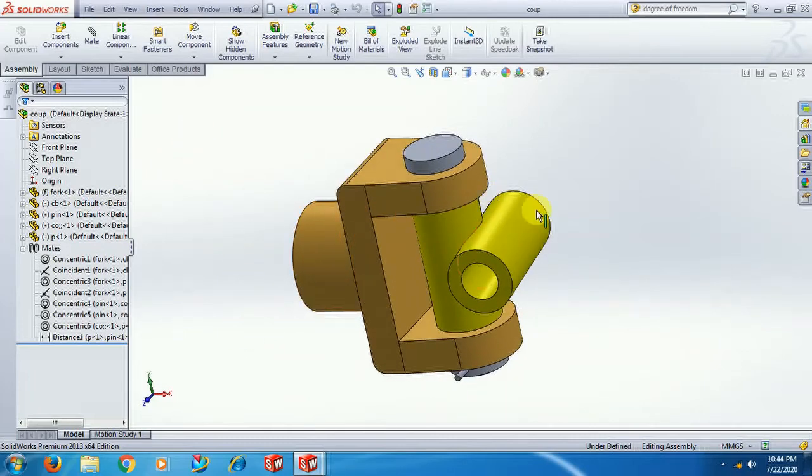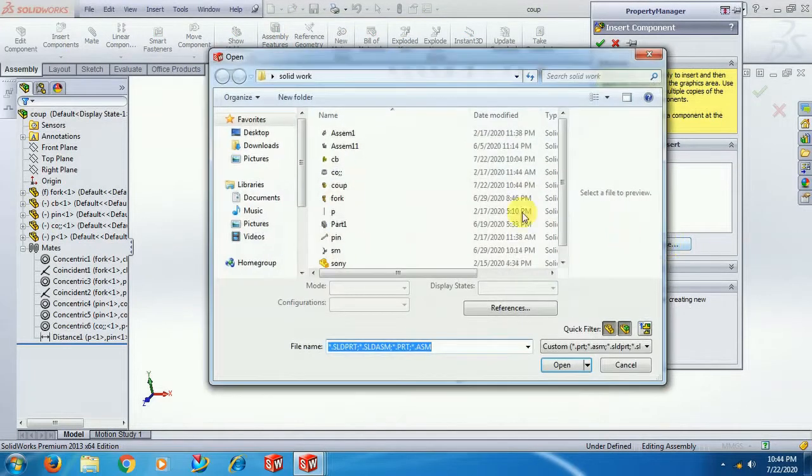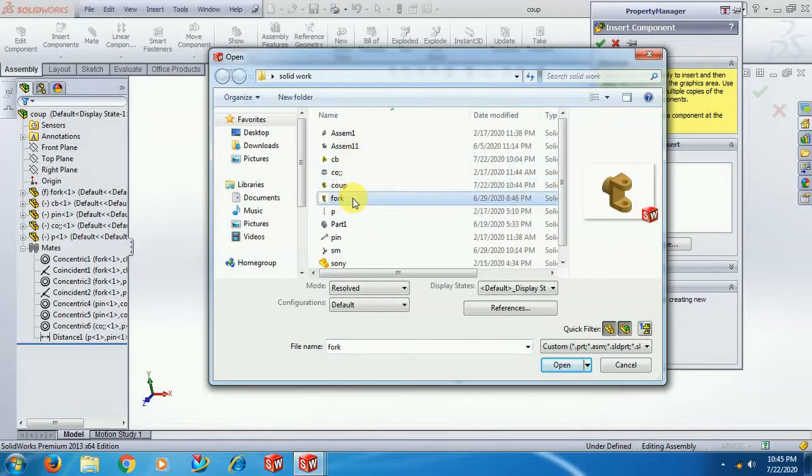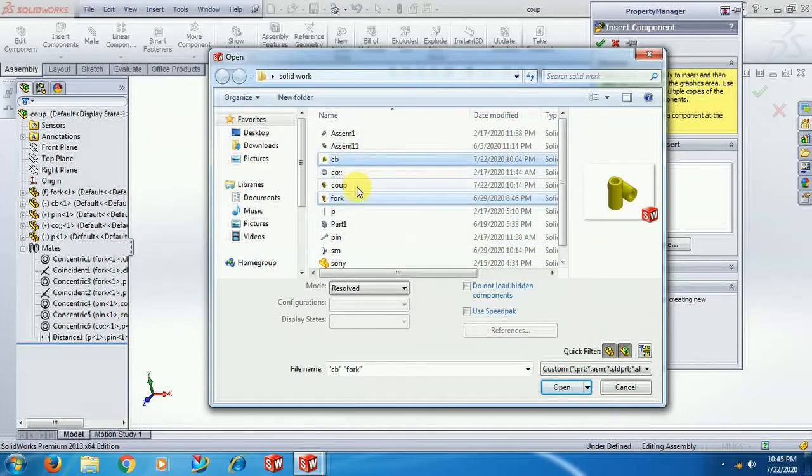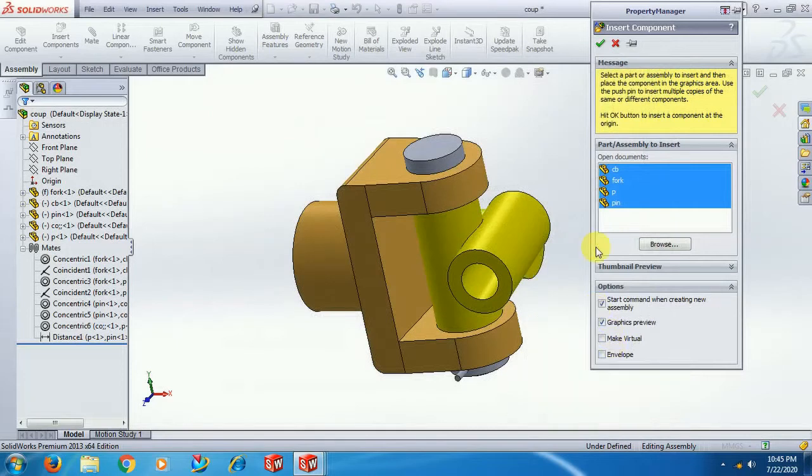Now this side I want to insert another 4 pin collar and another pin. Insert component, browse. You can also select multiple components. See, now what I do is I select fork, control, select control button, center block, all the 4 components I have selected.